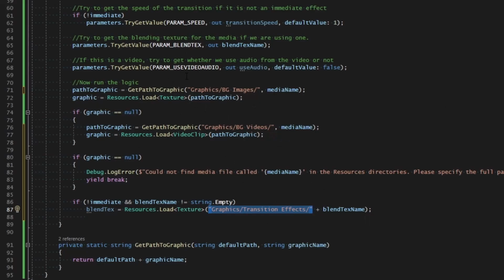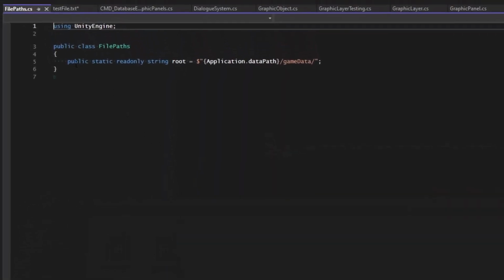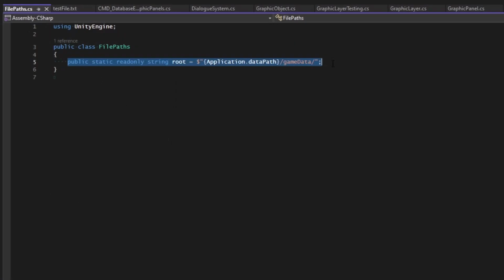Not even within this particular script, but within a different script. You may remember that we have a script called file paths. This is inside of the scripts core IO folder, and it's file paths, something that we made earlier. What's inside of file paths is just one little path, which is the application data path and game data. That path isn't really being used right now. It will be for when we